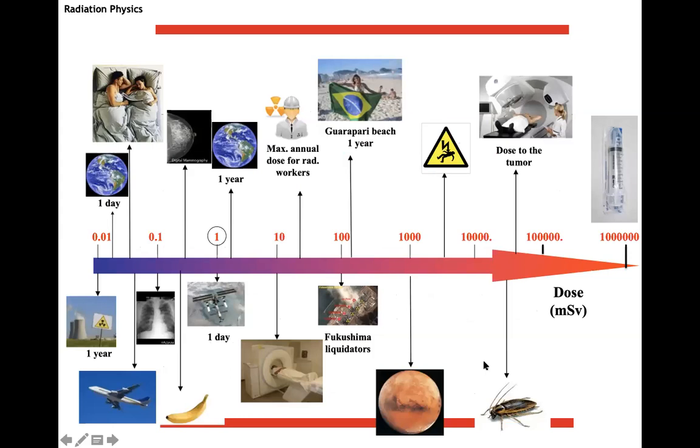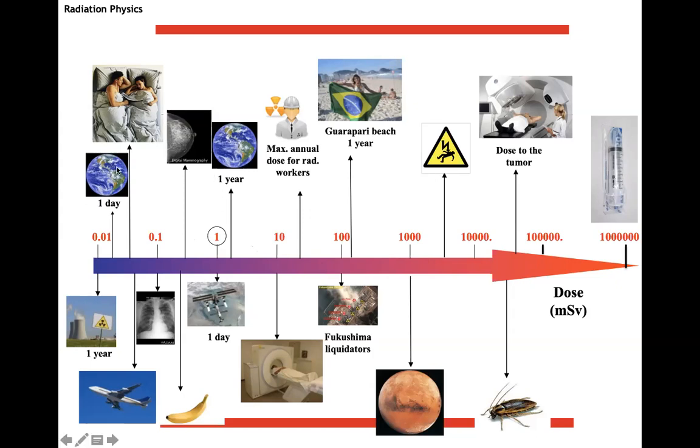Okay, which kind of doses are we familiar with in our world? We are familiar with a huge range of doses. We go from, this is in millisievert, it's a log scale, 10 to the minus 2 up to some 10 to the 6 here. So it's like 8 orders of magnitude. But you are familiar with these very low doses. For example, here there is the dose from living 1 day on Earth. If you live 1 day on Earth, this is the dose that you receive unavoidably due to environmental radiation.